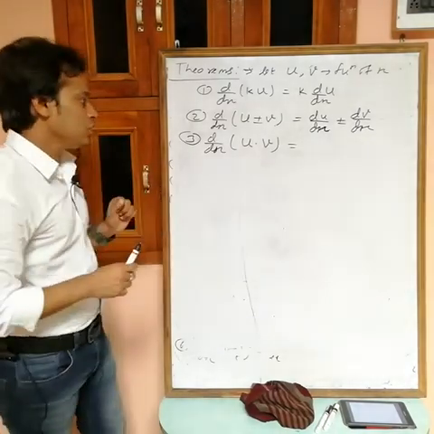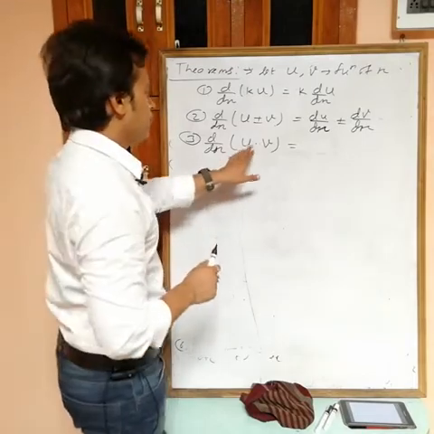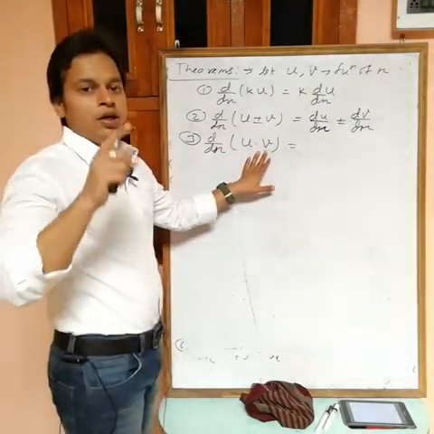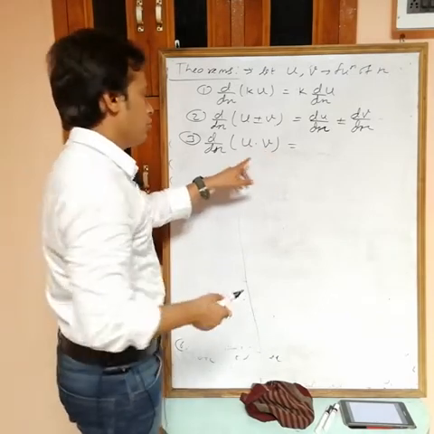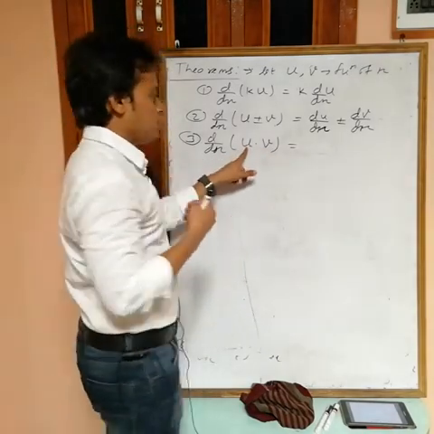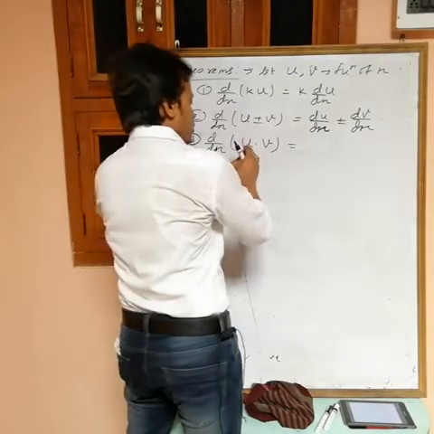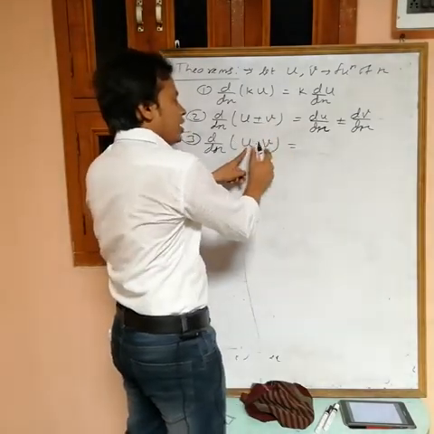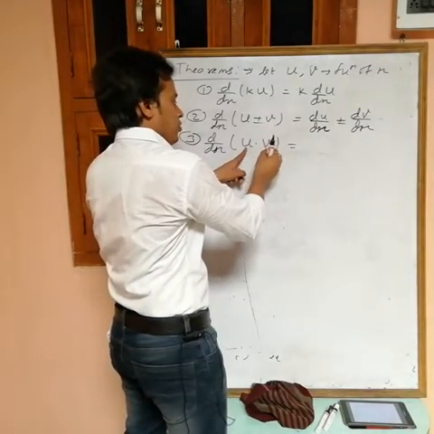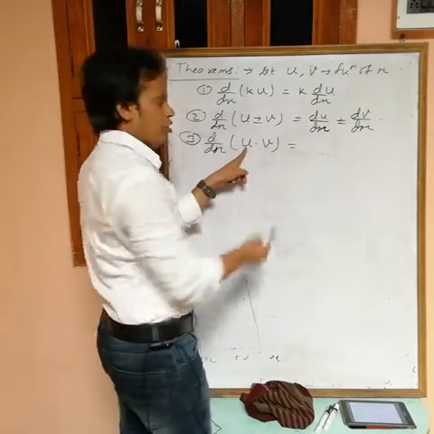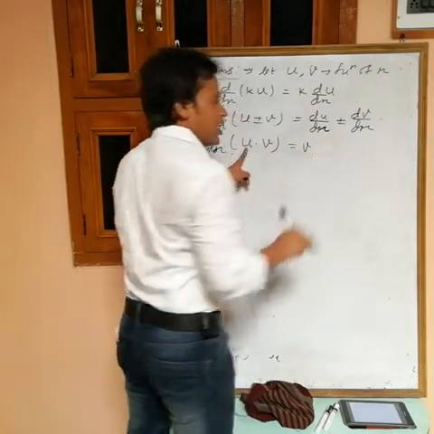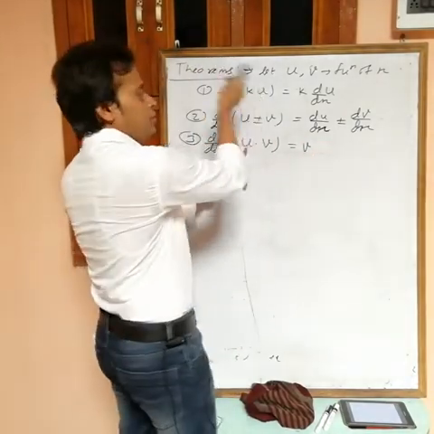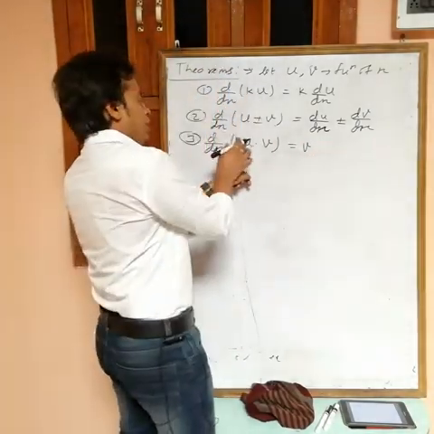Okay, so if you want to differentiate a product of two functions, then remember one thing: at one time we can differentiate only one function. Suppose first I want to differentiate u. If you want to differentiate u, then at that time v acts like a constant. So if v is like a constant, then first write v outside, because I can write a constant outside from the differentiation, and differentiate u.